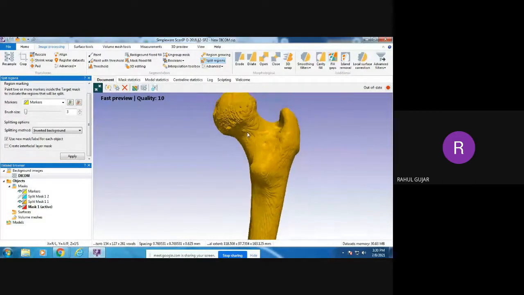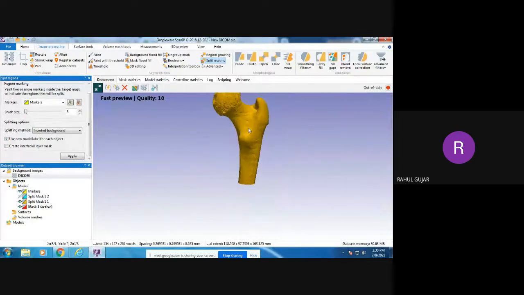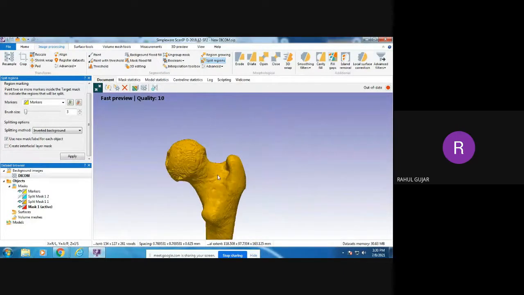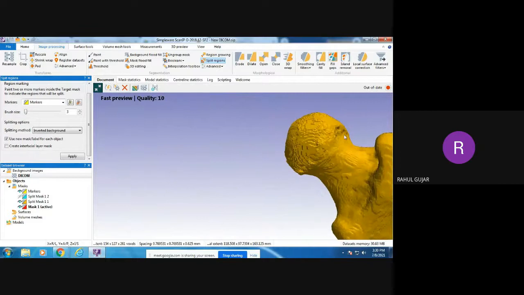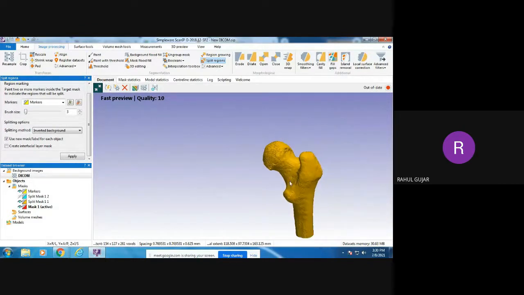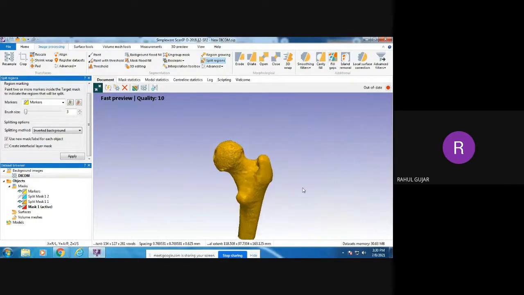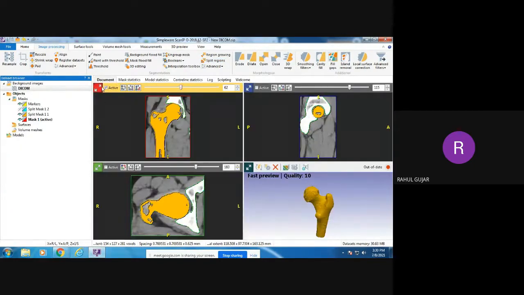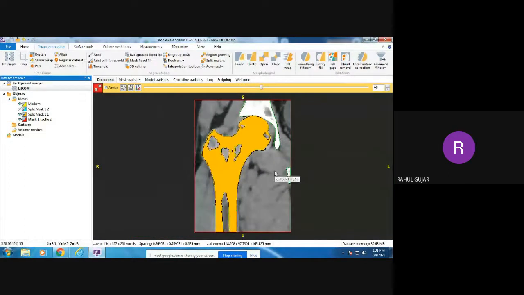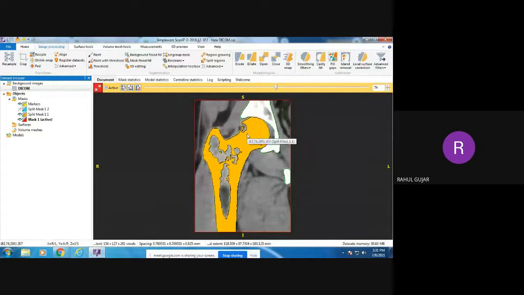Even you can see that there is some cavity on the surface of the bone. Look here, there is a cavity. So we want to make it a very smooth and effective 3D model so that it can be used further for different software. For this purpose, what I can do is go here again and check where these cavities are showing. Look at that. These are the cavities which are showing on this screen.